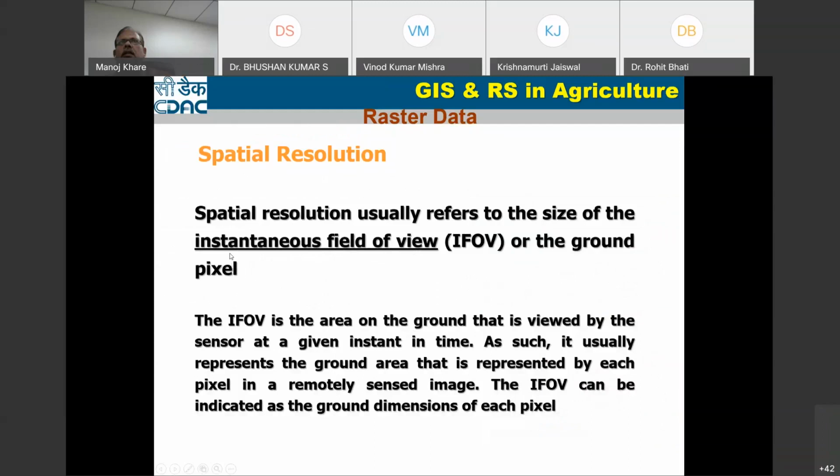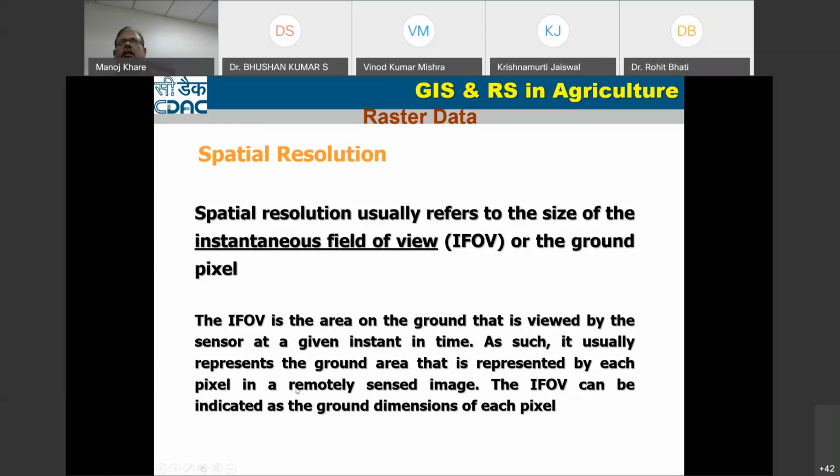Spatial resolution usually refers to the size of the instantaneous field of view on the ground, or the ground pixel. In one pixel, how much area is coming? The IFOV is the area of the ground viewed by the sensor at a given instant in time.